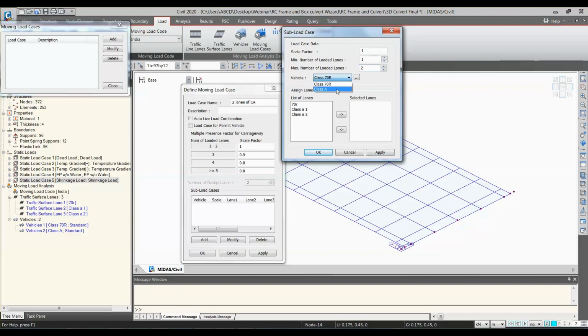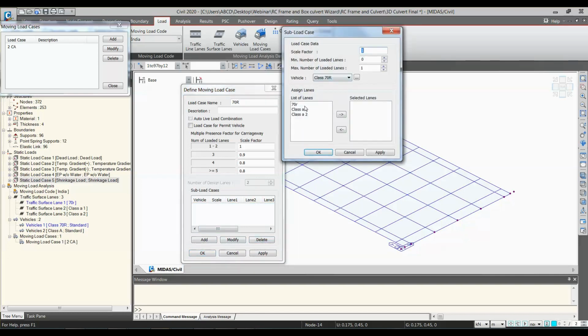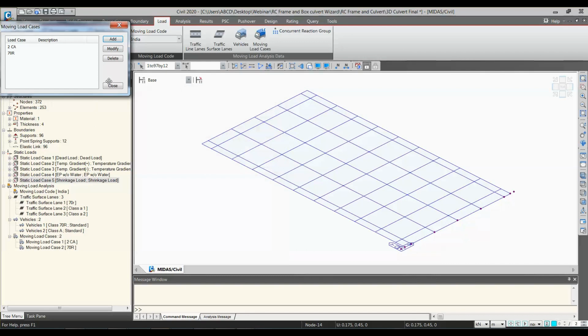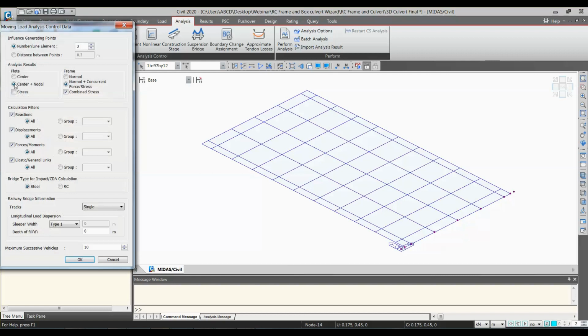I will choose class A, both the lanes, apply, and 1 lane of 70R. Now I will delete this, add 70R. Okay, so it's done. Now in the analysis, I have to mention the moving load for the plate, stresses for the plates as well, impact factor for RC, and okay.